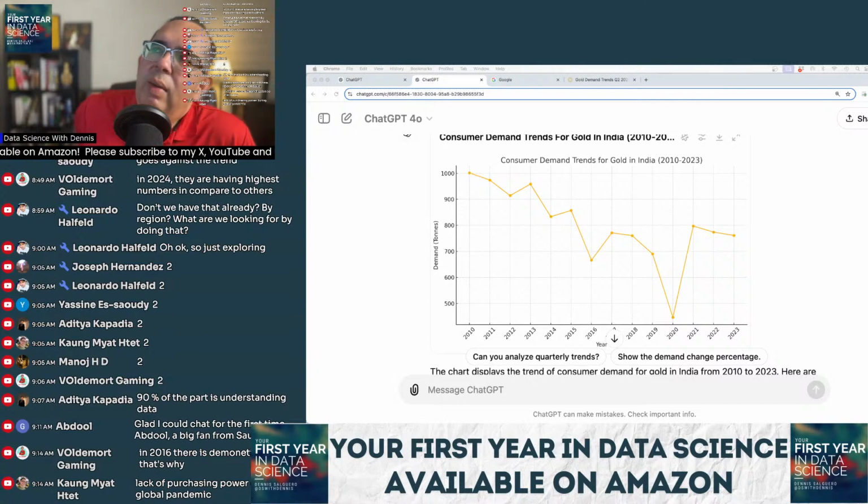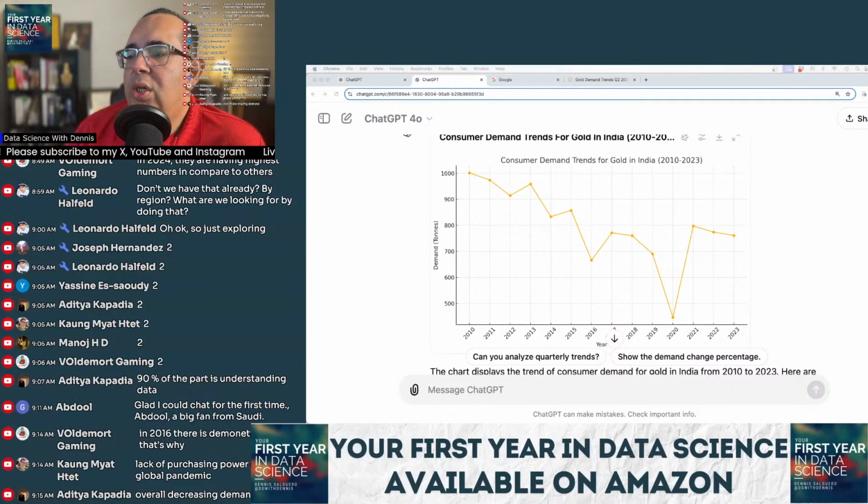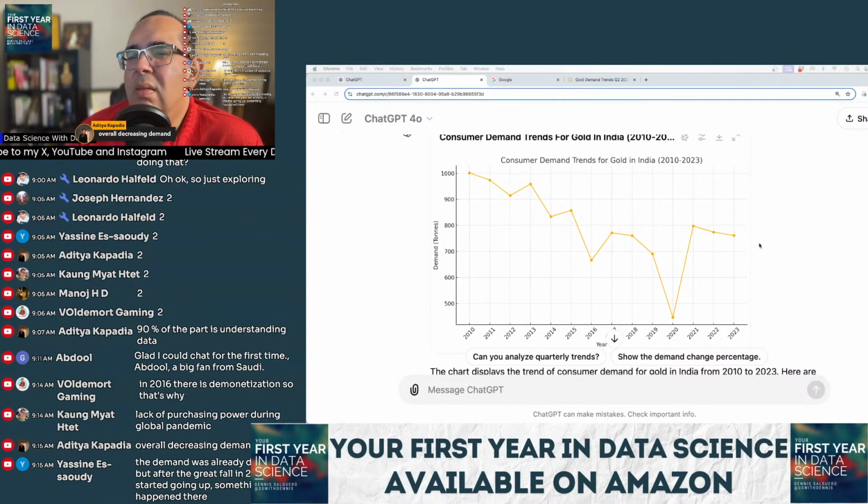Earlier we talked about gold being a safe asset, right? Yeah, Aditya, I love that observation also. I love the macro observation you're making. Look at the overall demand, guys. I mean, this is 2010, that this goes back to. The overall demand is terrible, right? Like an obvious downward trend for the last 14 years. So yeah, Aditya, I love that